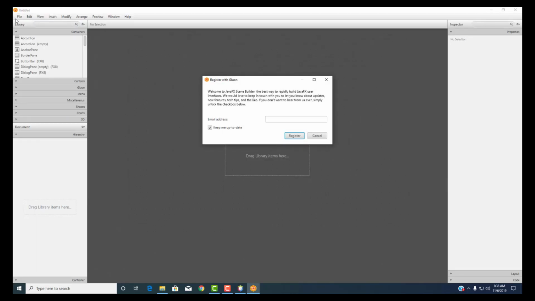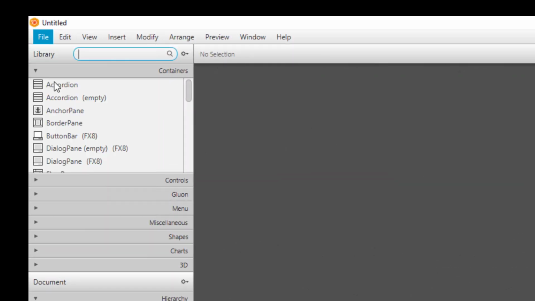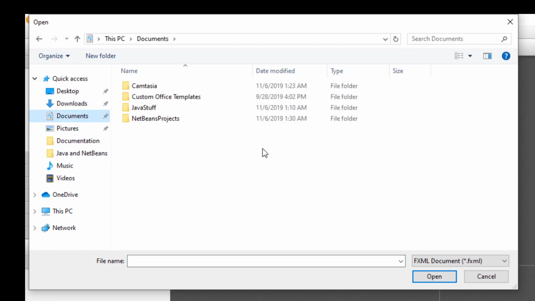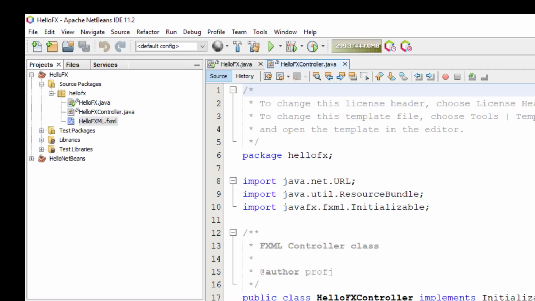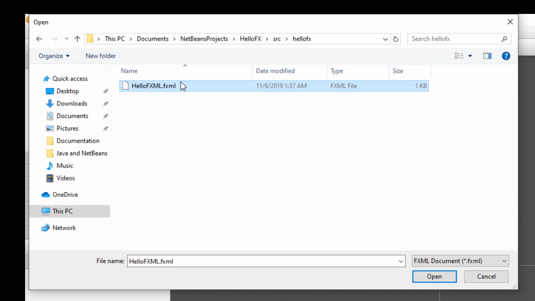And inside Scene Builder, I'm just going to navigate through here and go to Open, and then I'm going to go find my little project here, which is under Documents, NetBeans Projects, and then it's just HelloFX. So HelloFX, I'm going to go under Source, HelloFX,